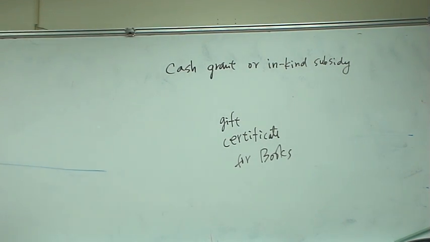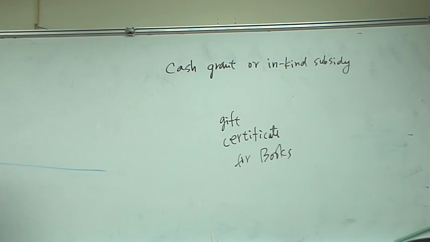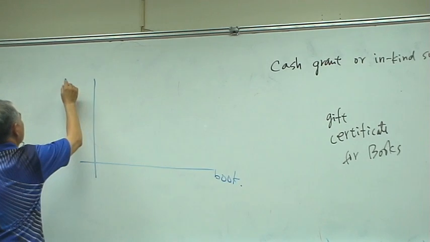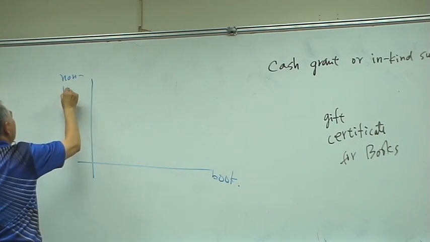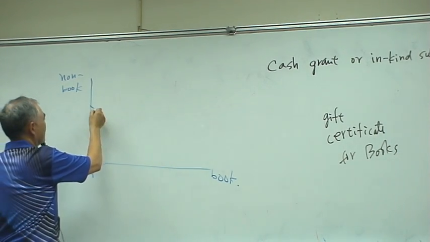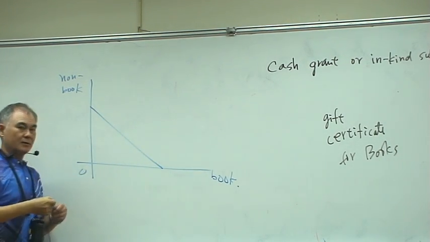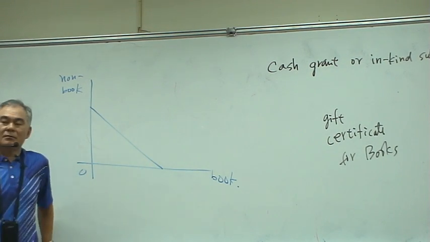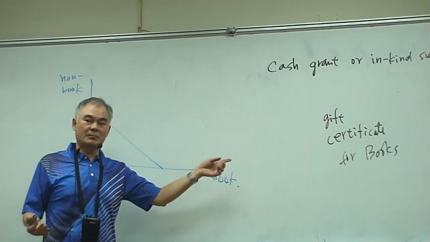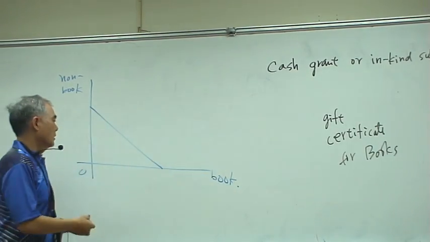Okay, so now we get back. We are no longer at the intertemporal consumption. We are talking about choosing two goods at the same time. So let us say this is book, and this is non-book, whatever is not book. Okay, so this is the budget line. Your budget line looks like this. But then, let us say you apply for scholarship and you get some gift certificates for books. Okay, so what